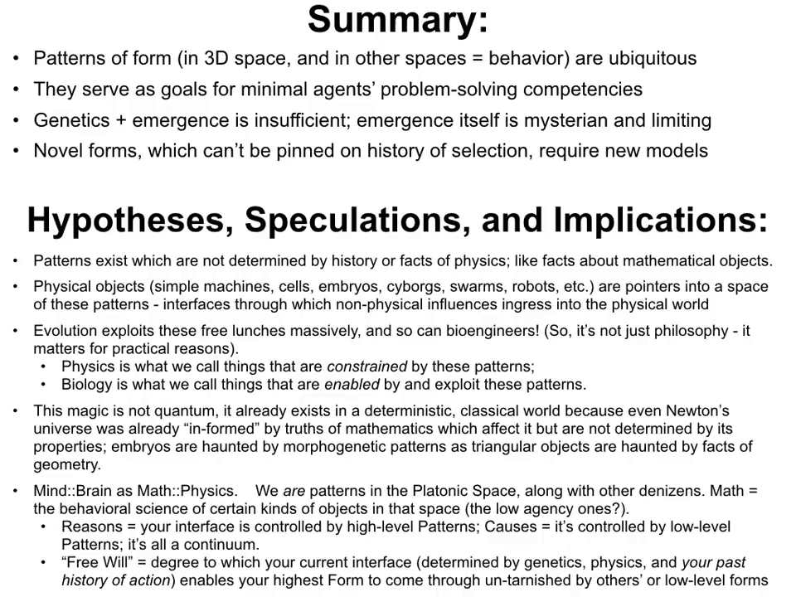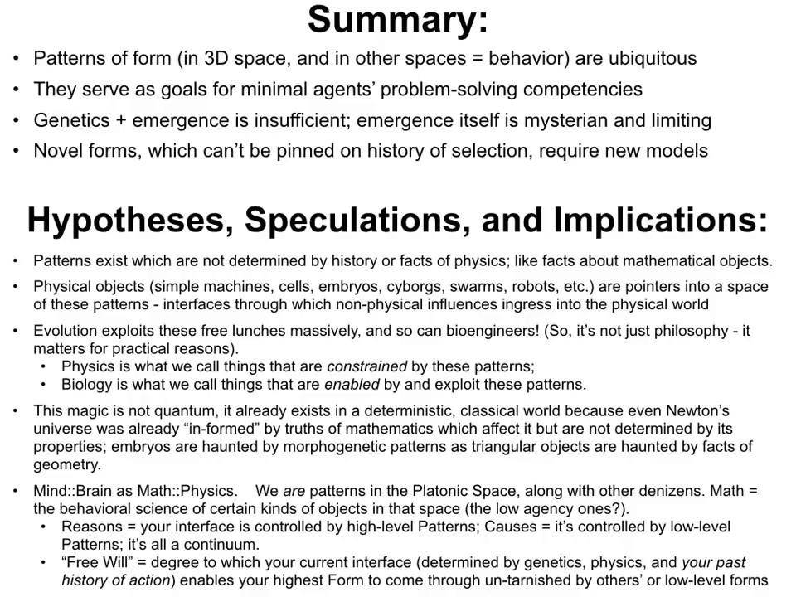For example, you might say that things we call reasons, so systems that do things because of reasons, are when your interface is largely controlled by high-level patterns. On the other hand, you're a system that's dominated by causes when it's controlled by relatively low-level patterns. In other words, the difference between reasons and causes is continuous. They're on the same spectrum. It's just what kind of patterns are driving the behavior, and then we can also say something about things like